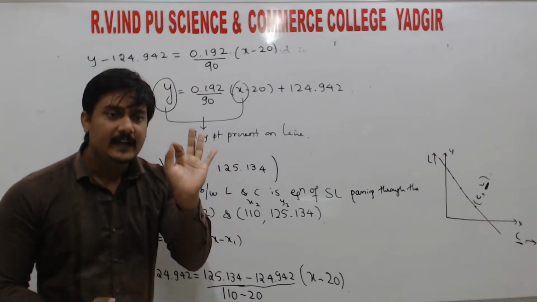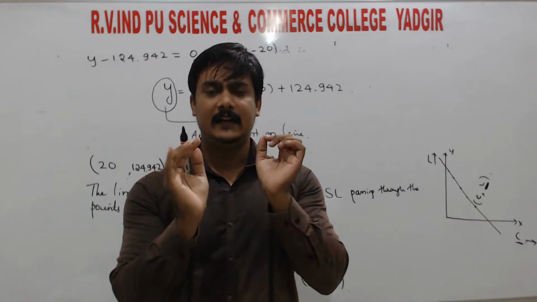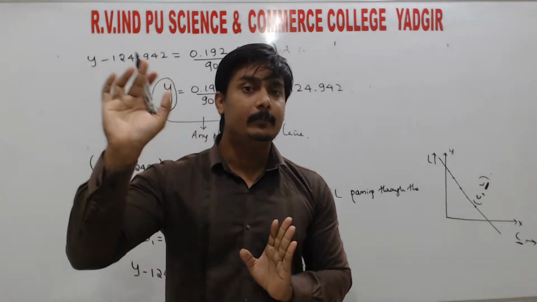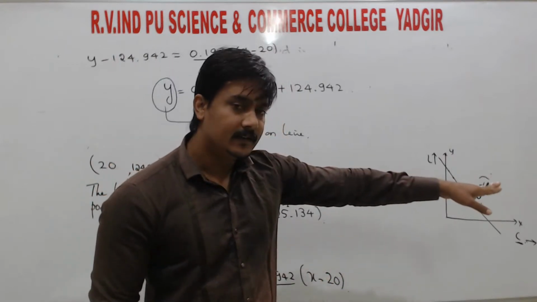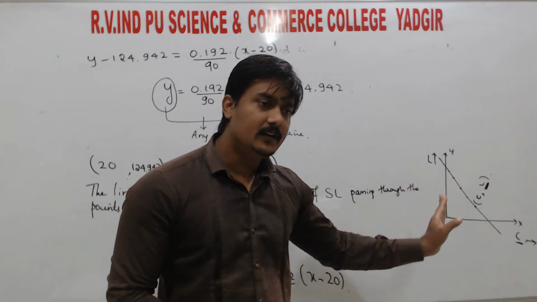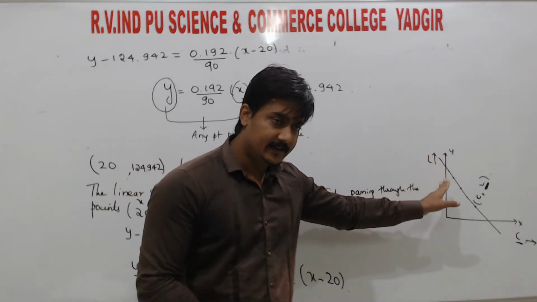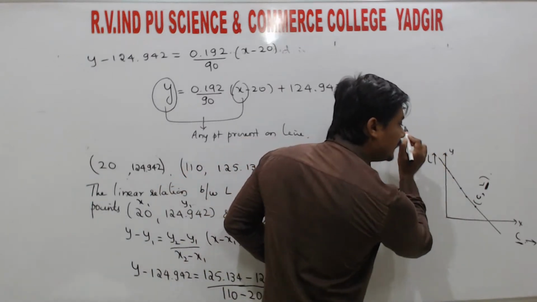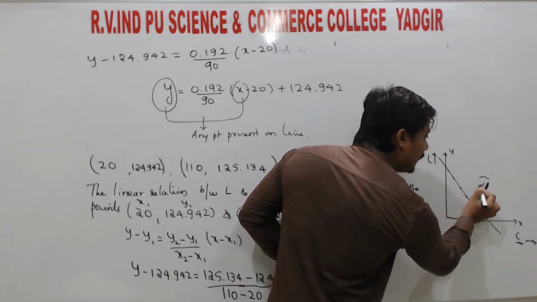While deriving the actual equation of the straight line, children, x and y stand for the coordinates of any point present on the straight line, any point. Since we have assumed that along the x-axis Celsius temperature is considered and along the y-axis the length of the copper rod is considered, if you take any arbitrary point present on that straight line relation, x will be c, y will be